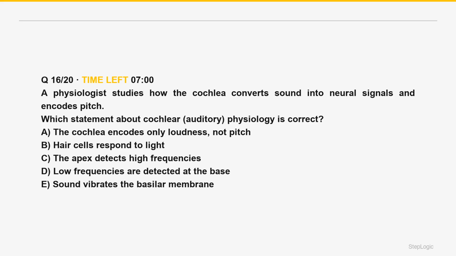Which statement about cochlear auditory physiology is correct? A physiologist studies how the cochlea converts sound into neural signals and encodes pitch. Read the command. Which cochlear statement is correct? Organ of Corti transduces, tonotopic, base high frequency, apex low frequency, hair cell stereocilia, leads to K+, leads to depolarization,